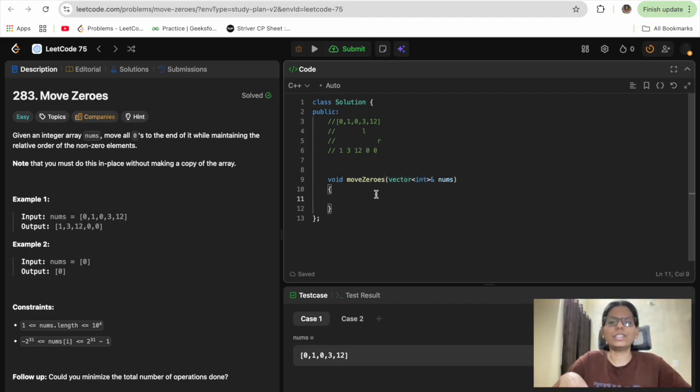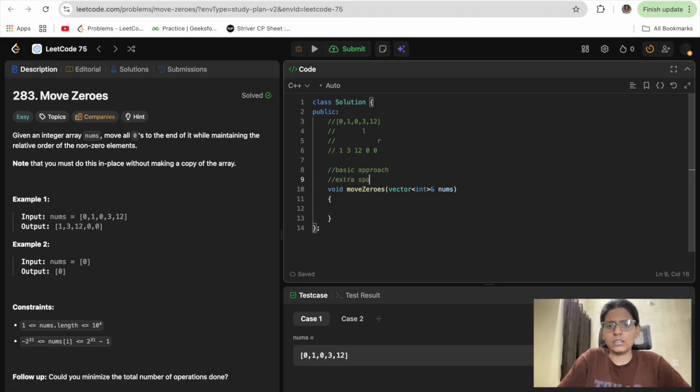I think you will do what the naive approach is. I'm just writing it, and you will code it. I believe it's so basic, and we'll do the basic approach, or we can say brute force, because it requires extra space complexity, and the optimal approach doesn't require any extra space complexity. So the basic approach, what we will do,